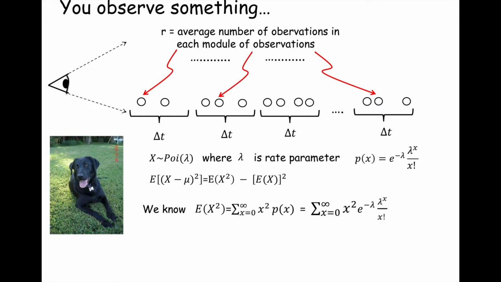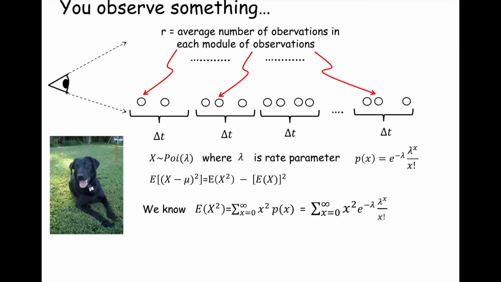So I plug that in for the Poisson. And for the Poisson, we know the probability mass function is e to the minus lambda, lambda to the x over x factorial. So I'm going to make that substitution for p of x, and I'm going to write x squared times p of x, and that gives me the following expression. Here's my infinite sum over all values of x. And so the values of x, when you're talking about the number of observations of the occurrence of some event, you can have 0 observations, you can have 1 event observed, 2, 3, 4, and so forth. So we have this infinite sum, x goes from 0 to infinity. When we compute our E of x squared, there's our x squared, and there's our p of x, the mass function for the Poisson.